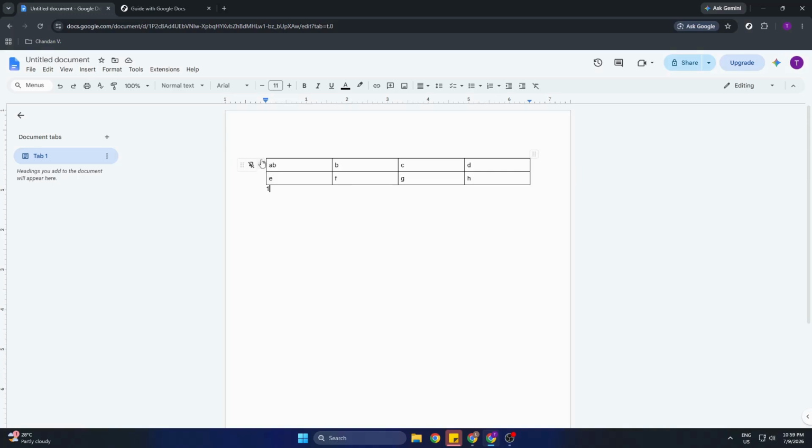Let's dive right in. First, open your Google Docs document. If you don't have one ready, you can create a new document by going to Docs.google.com and clicking on the blank document option. Now to insert a table, go to the menu at the top of your screen, click on